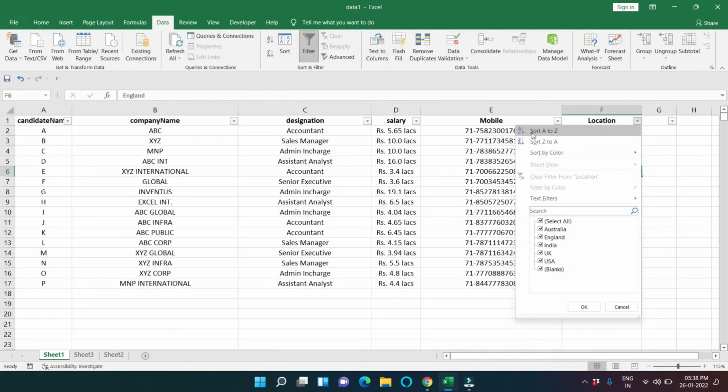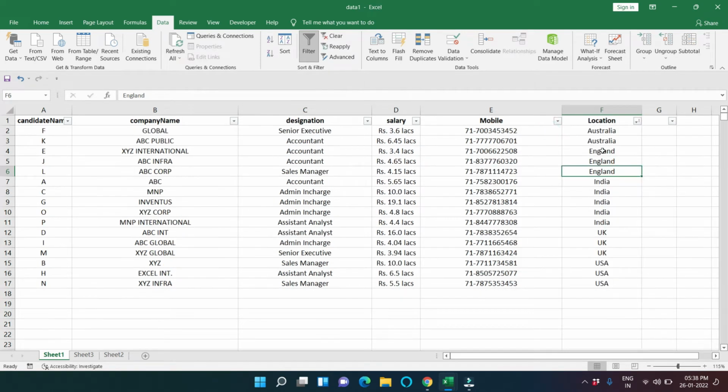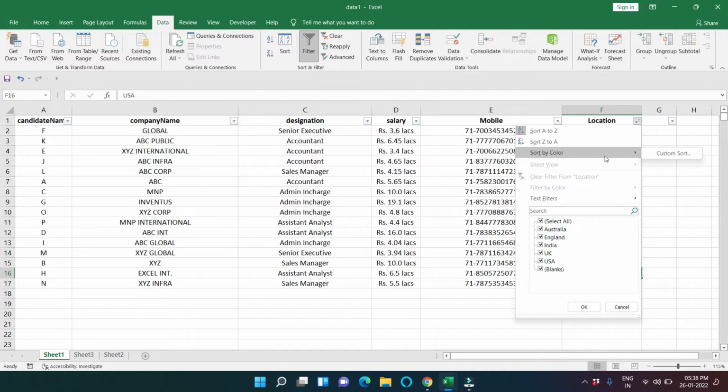You can see there is sort A to Z and sort Z to A. If I press the sort, you can easily see that my data is alphabetically sorted. Now sort by color.